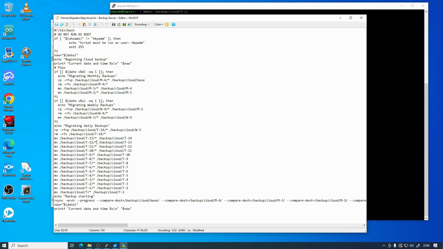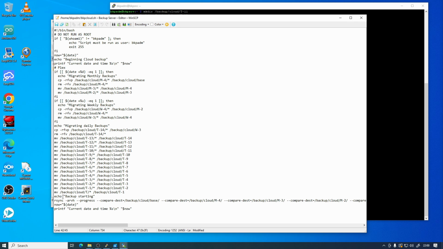And what this does is when you do this move, because this directory has been deleted, it moves this data, so we can't do a move for this directory because we need to keep the files that are in the original, which is why we have to do this copy, which takes much longer. This move effectively just renames the directory. So this one actually copies all the files, and then we have to go and delete all the files that were left behind. So it comes through all the way down to copying what was today's backup into T-1,